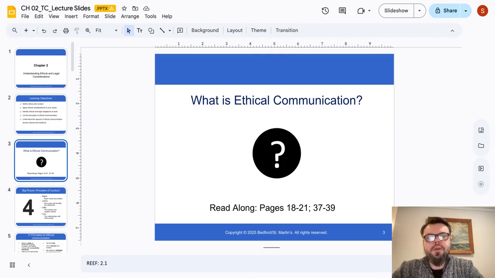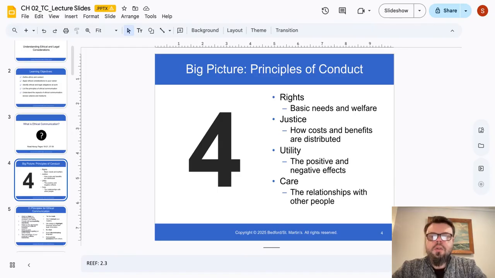That's why this chapter keeps returning to the idea that writers must think carefully about how readers are likely to interpret and use information, not just whether the information is technically correct. To help with that kind of thinking, ethicists have proposed some broad standards for evaluating ethical decisions. The chapter introduces four major moral standards that are commonly used to think through ethical dilemmas: rights, justice, utility, and